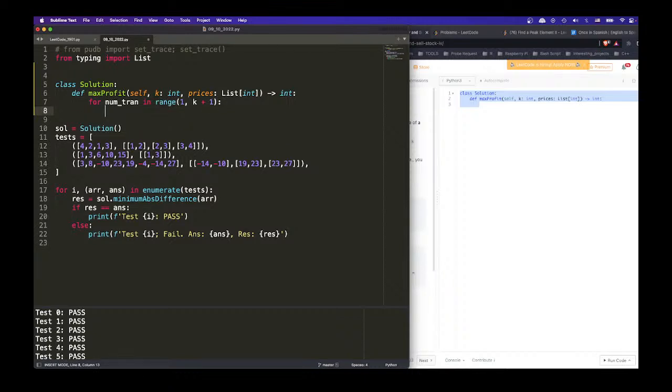And then we're going to go through price. Wait, now let me think. We're going to go through price, and for each price, we can